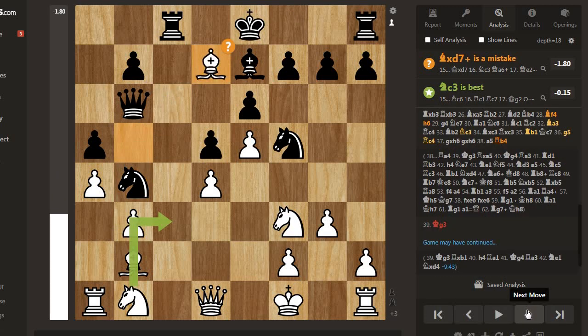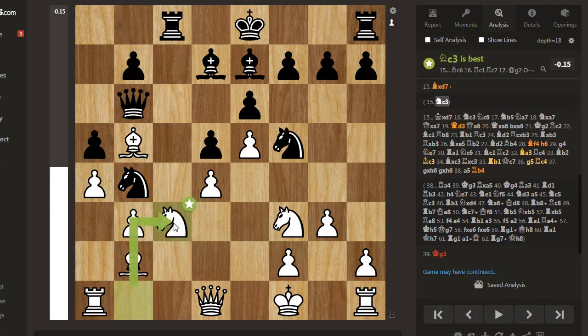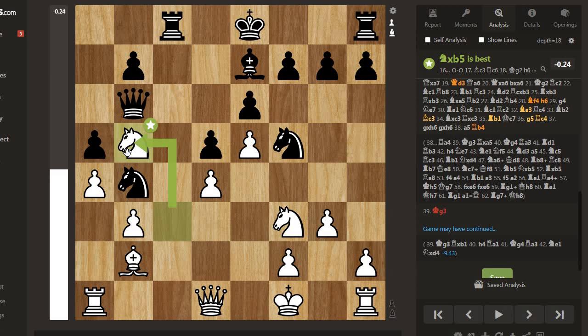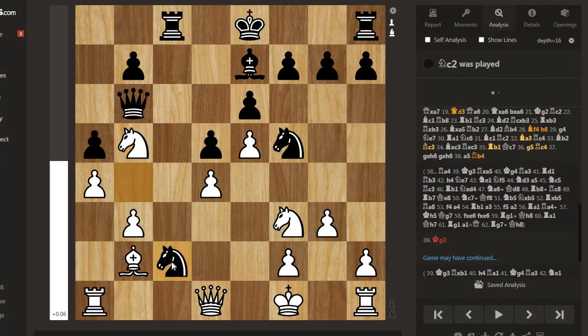Bishop takes d7. This move is a mistake because it helps black finish his development. But later Nimzowitsch suggested correctly that here knight c3, bishop takes b5 and knight takes b5 is better. And now a big mistake would be knight c2. Now rook to c1,